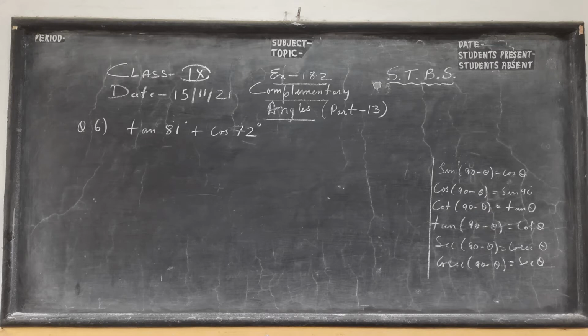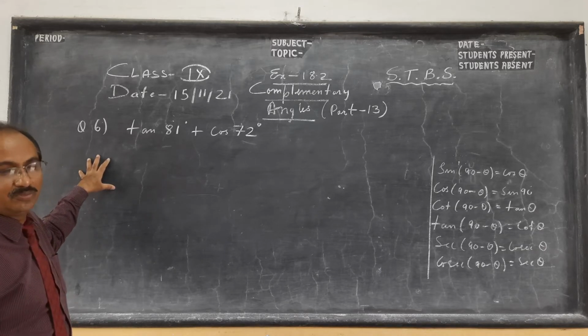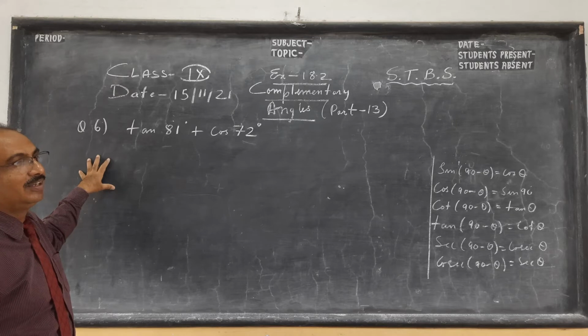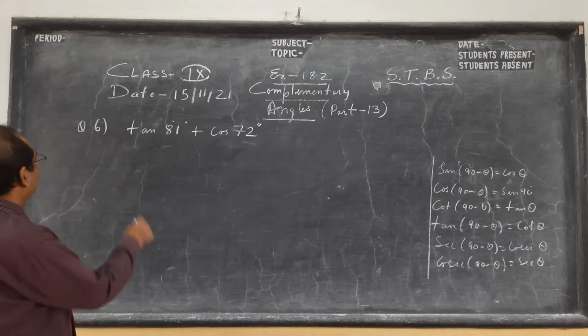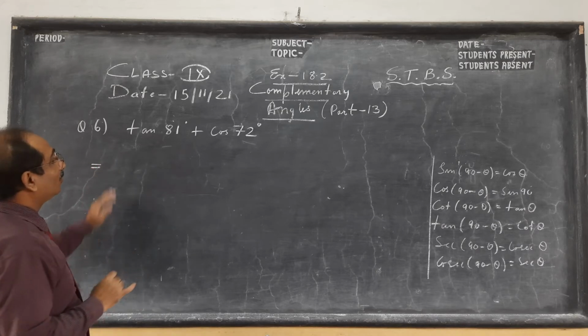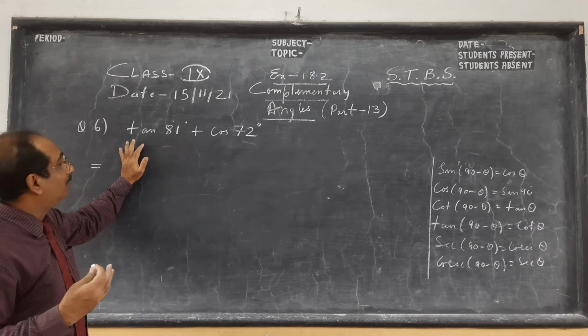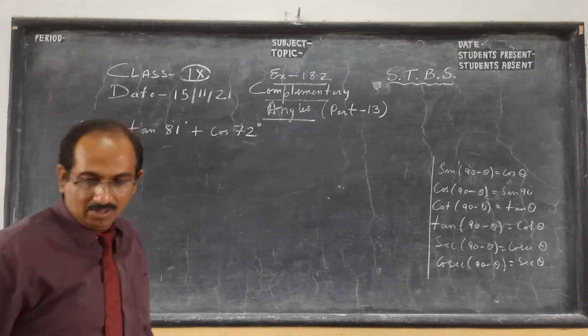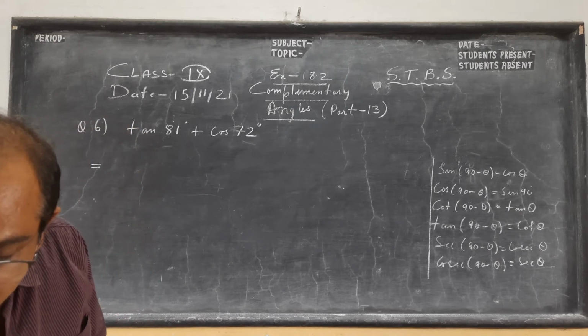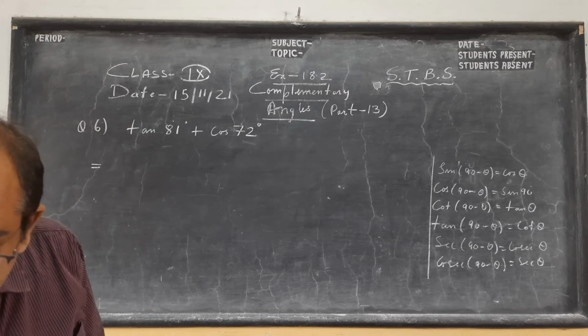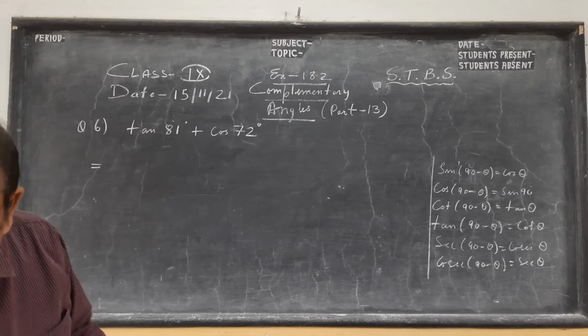So children, one very interesting thing is this question. Children try to find answer and do lot of things. This question, if you read properly, because I read when we were doing this question for the first time many years back, children were very confused what to do. Question is, write this as angle below 45. You don't have to do much. So question: express each of the following in terms of trigonometric ratios of angle between 0 to 45.